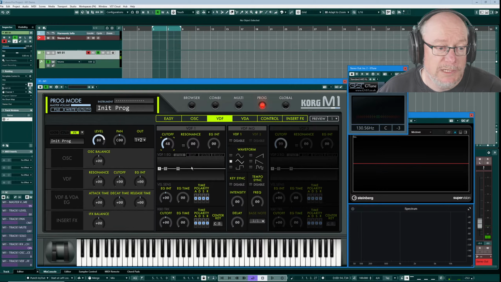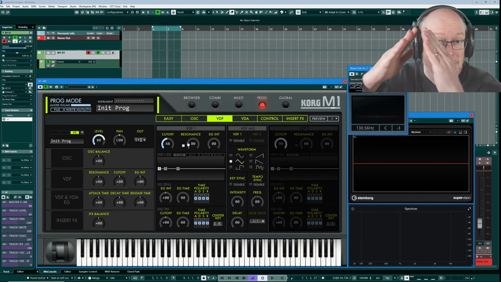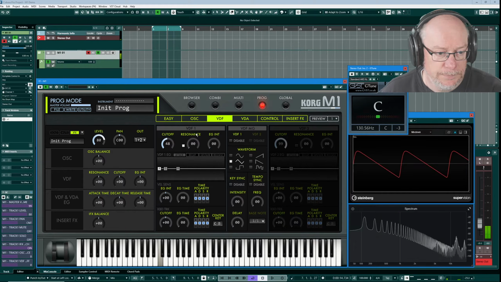In order to introduce resonance, we need to engage it. So to retain some sort of faithfulness to the original device, by default, resonance isn't enabled. I need to click this grayed out button, which is actually pretty difficult to see, but it's there. Now I've engaged resonance, I can introduce it. And what this does is introduce a spike around the cutoff point. It's going to produce like a peak of frequencies. So if I start introducing resonance,